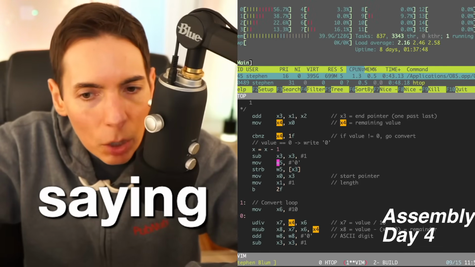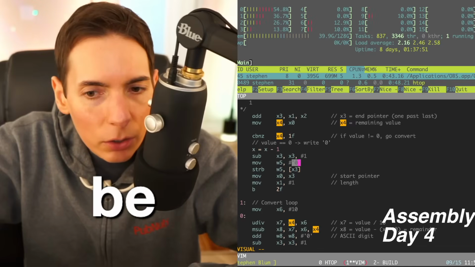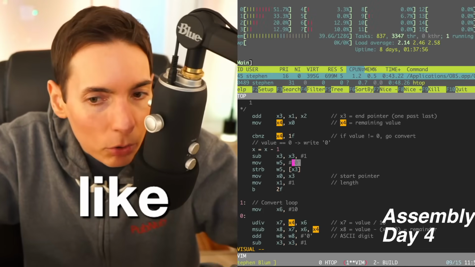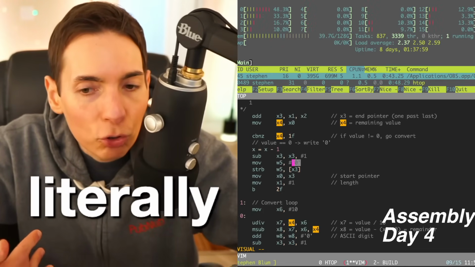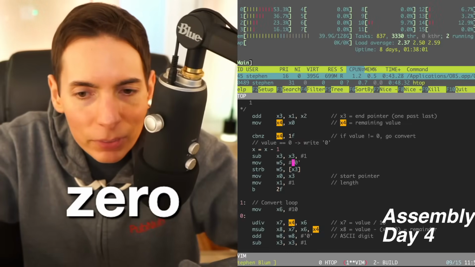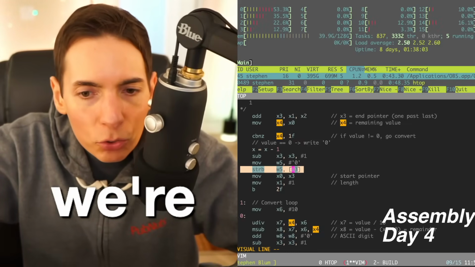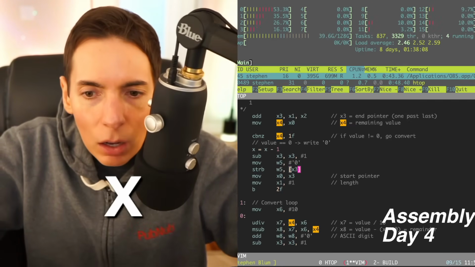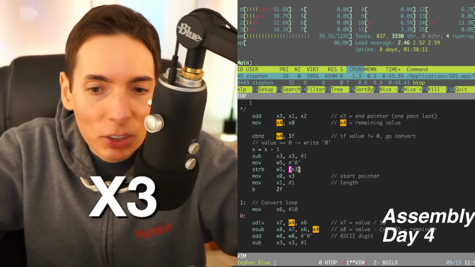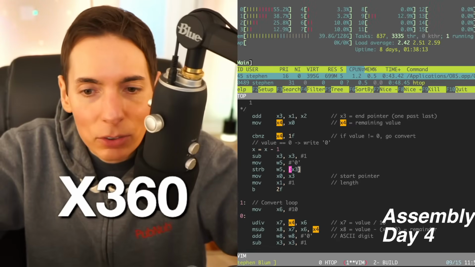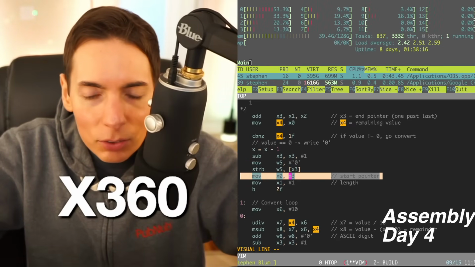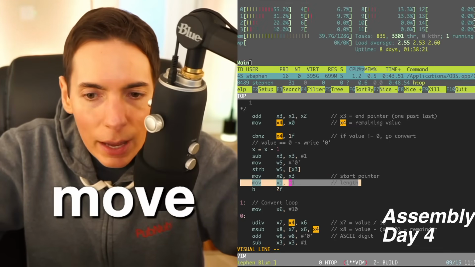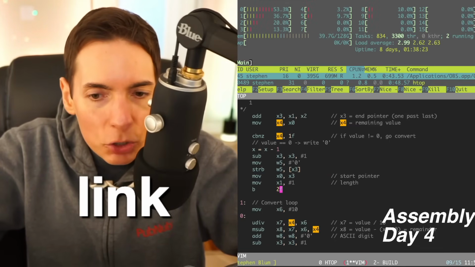So I'm saying W5, which is going to be an ASCII character for the low 32 bits, like the number 0, but literally the string equivalent of 0. Is that what this is? I'm pretty sure. And then we're going to say STRB, which I don't know what that is, 5, and then x3. Okay, so see, now we're not able to read that. I don't know what that is. But I do know this. We're going to say x0 is going to be equal to x3, the start pointer, and then move x1 is going to be 1, the length, and then jump to